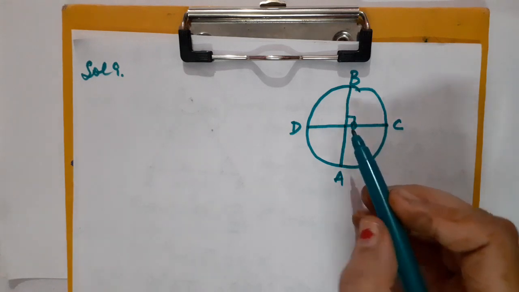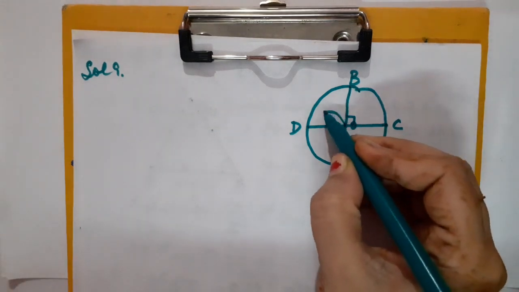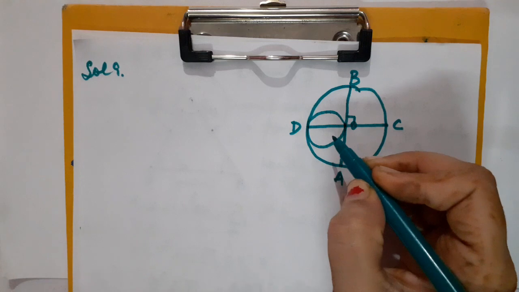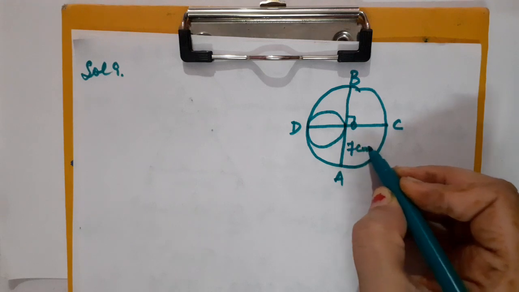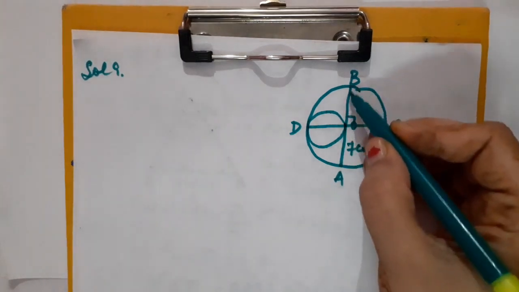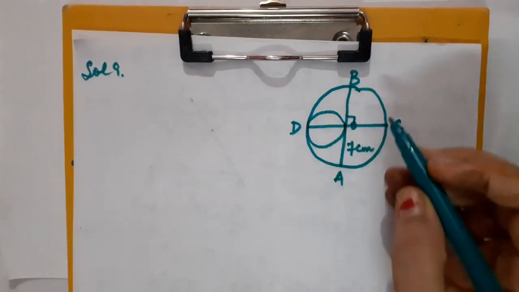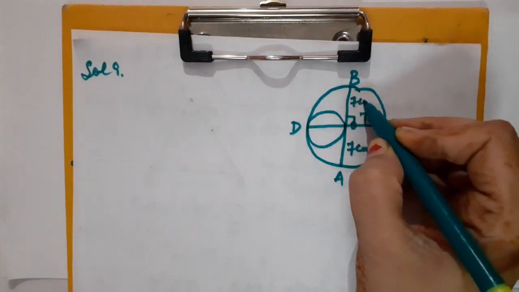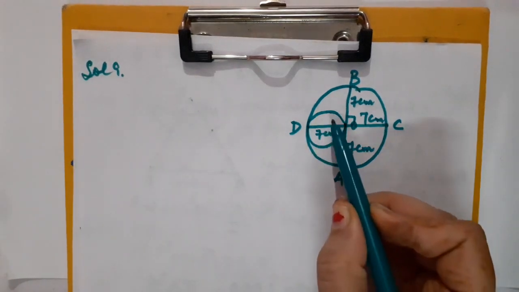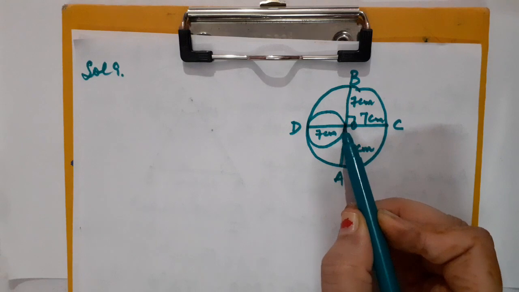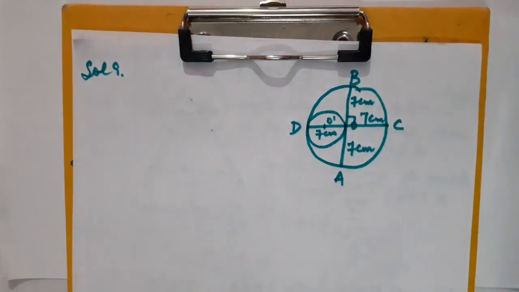Correct? Now OD, this OD is the diameter of the smaller circle. One smaller circle is to be made over here. This is the diameter of that smaller circle. The length of OA is given to us as 7 centimeter. Children, as you know that AB is the complete diameter, I can say that OA is radius, OB is radius, OC is radius, as well as OD is radius. So the length of each and every radius will be 7 centimeter. So we have one smaller circle over here whose diameter is 7 centimeter. Here, if you want, you can give the name O dash to its center point.